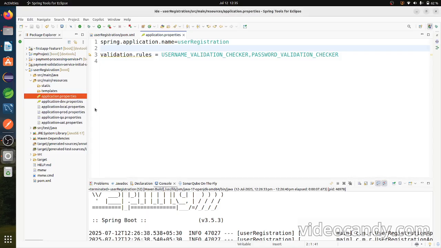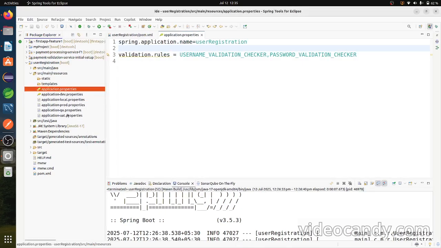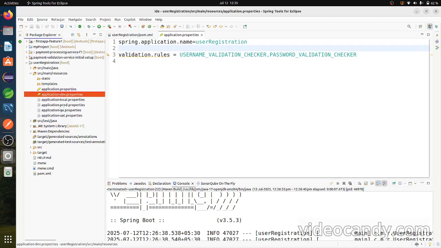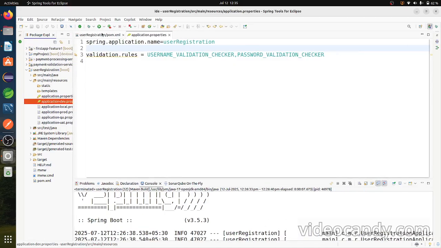So here I have already created these properties files under the src main resources package. So these are the files that I have created. This one will come by default; Spring will give this property file by default. So these properties files I have created. Now whenever I run the application, Spring Boot by default considers the